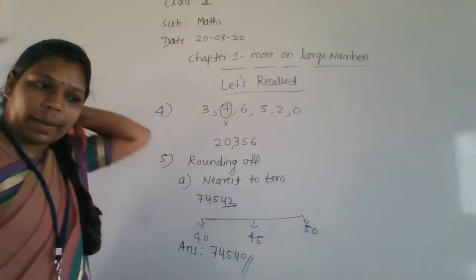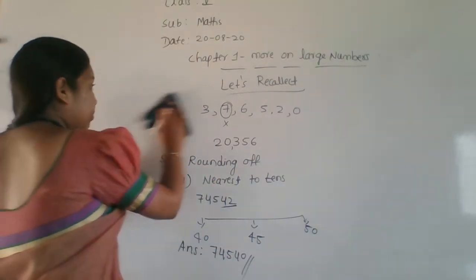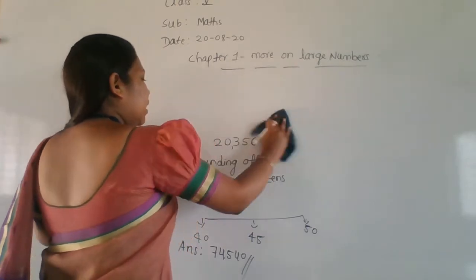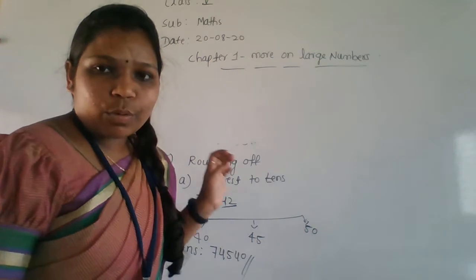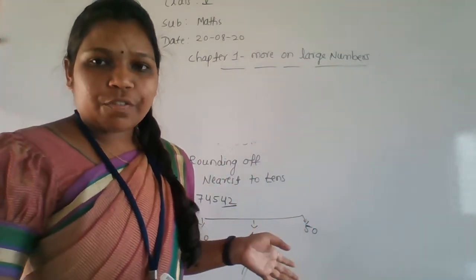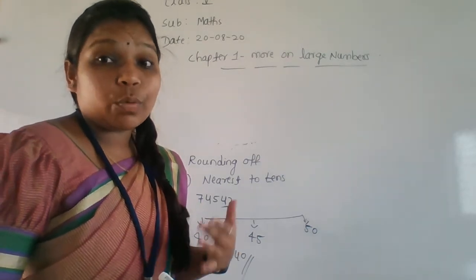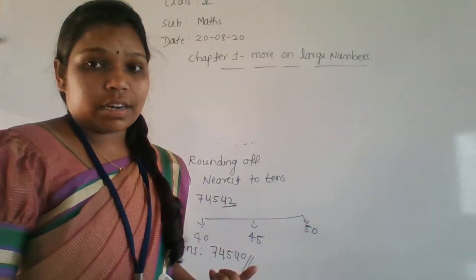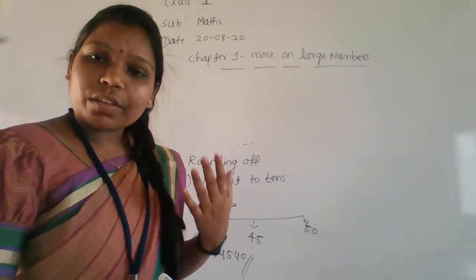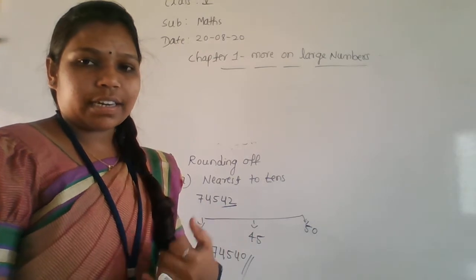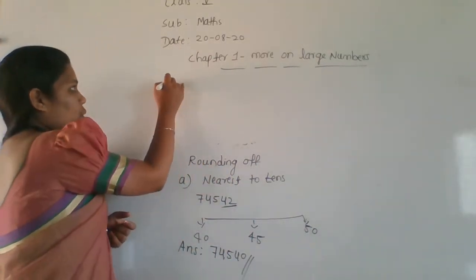Getting everyone? Okay. So next we'll move to the second b question. And everyone studied this already in 4th standard, right? I only taught this rounding of numbers in the 4th standard. Okay, even I remembered all the things. I hope you also remembered all the things about rounding of numbers, because you are my students, right? So you also remember all the things whatever we studied in our last class. Okay, so next we'll move to the b question.